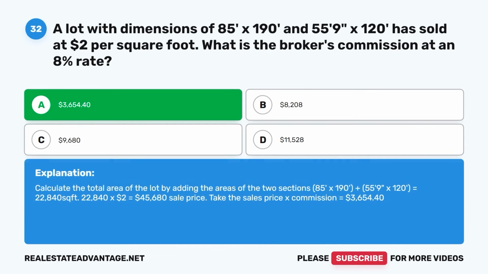$3,654.40. Calculate the total area of the lot by adding the areas of the two sections, 85 feet by 190 feet, plus 55 feet 9 inches by 120 feet, equals 22,840 square feet. 22,840 times $2 equals $45,680 sale price. Take the sales price times commission equals